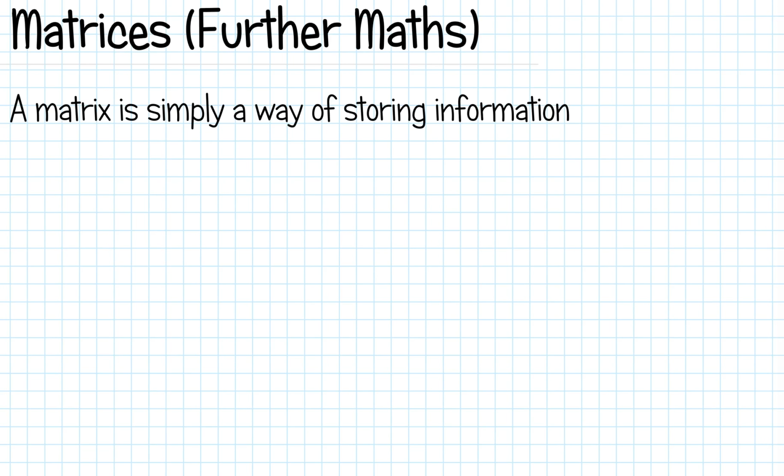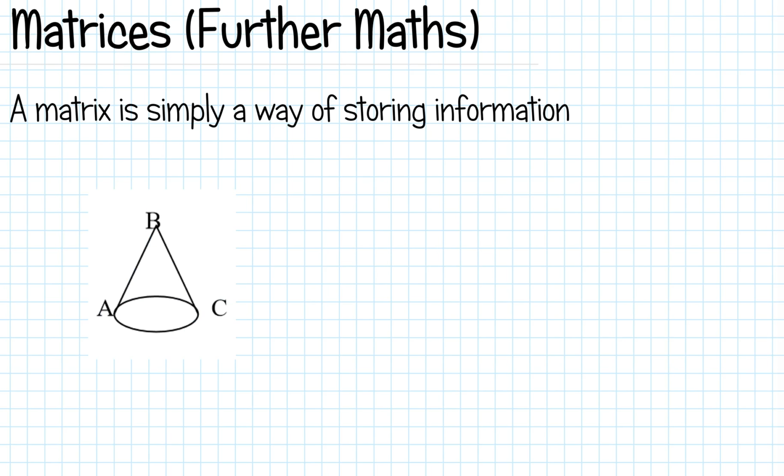So we're going to make a start on some further maths today, and we're going to start by looking at matrices. So first of all, a matrix is just a way of storing or displaying or showing information about something. So if I say this diagram shows three towns, A, B and C, say, and the lines are routes in